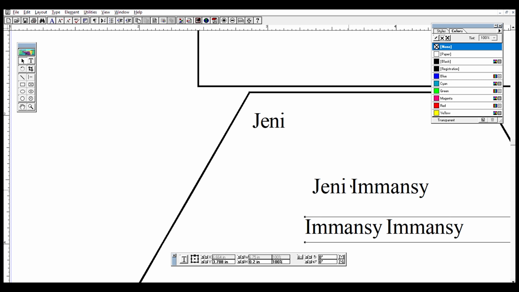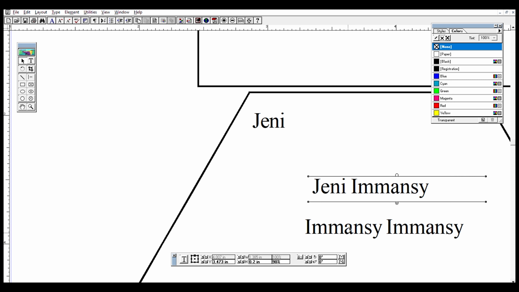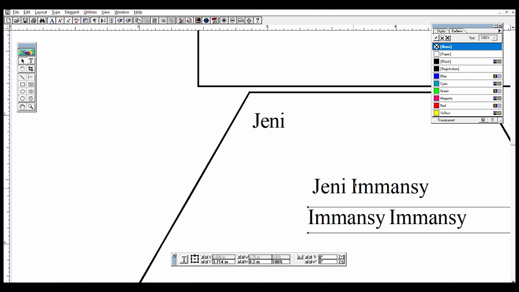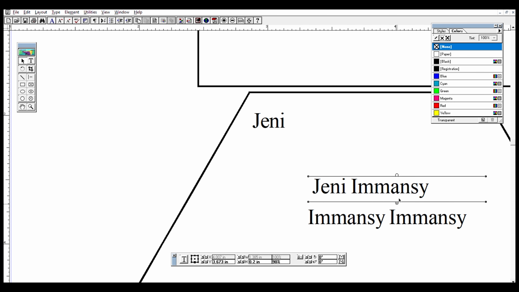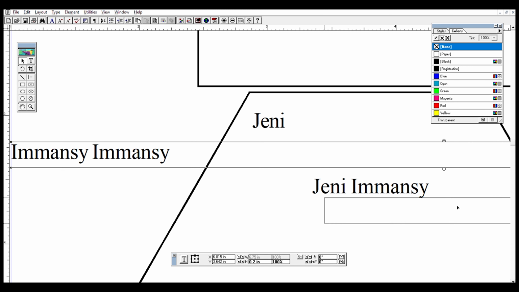Understood? If you need to join both, you can bring them near and click this plus symbol, and you can join them again.